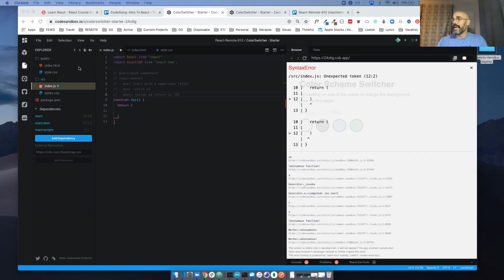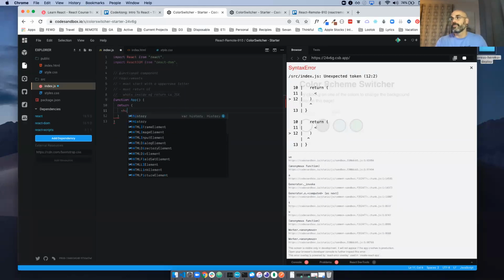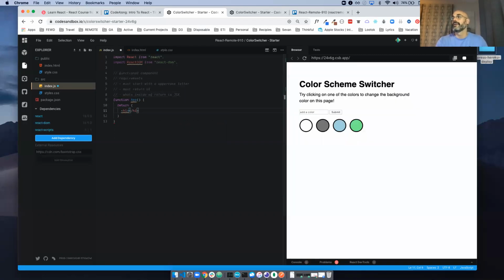So in here, we have to return something. What do we want to return? We can return whatever we want. I can just put a div here, or here we go, I'll just make it simple. I'll have an H1 and I'll just say first React app. I know you created another React app, right? Because you did the blog. This is just temporary anyway.